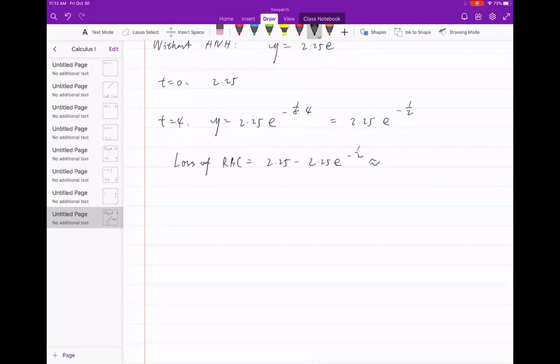You got something roughly like 0.89 liter. So you lose this much red blood cell if you do it without ANH. Okay. Now with ANH,